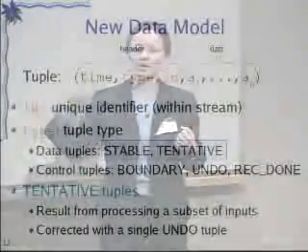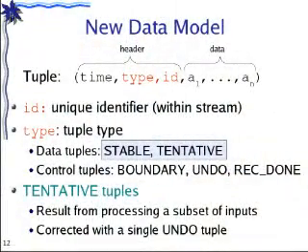The model that I have described earlier is that of an append-only stream. Tuples arrive on a stream, and operators perform computations over windows of tuples. Whereas here, once a failure heals, we would like to go back and correct the data that we have produced. So we need a different model that will enable us to have these types of corrections. The data model that we propose is the following.